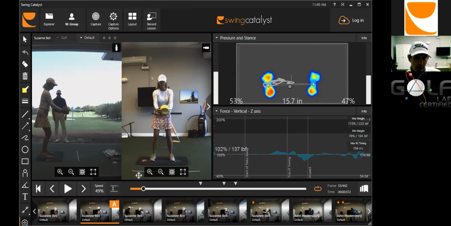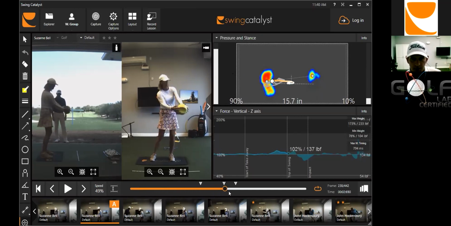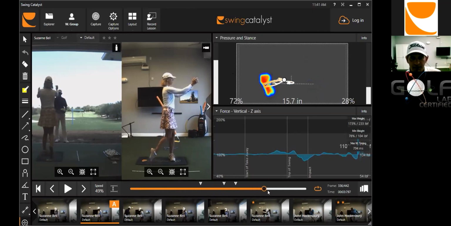So that's really what we were exploring here, just some awareness and creating some new motor patterns, where she could trust being on her lead foot at the end of her golf swing, and developing the trust that that hip was going to support her. We moved from there to another little drill here where we